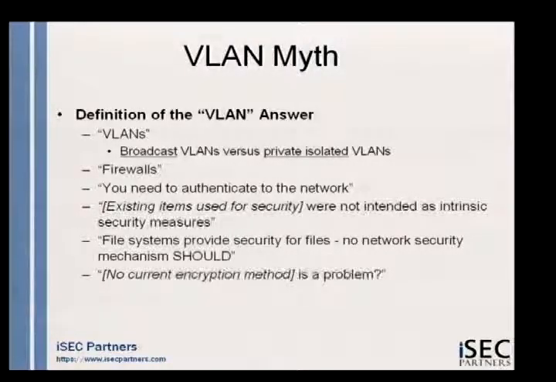One of my other favorites is the third one down, which basically says items used for security today in network storage products weren't necessarily meant to be used as security. It's actually a fair statement, meaning that there are things like zoning in Fibre Channel SANs or discovery domains in iSCSI that are used to segment the network. They're also used for security, but they weren't intended for security. But the problem is that there's nothing else left.